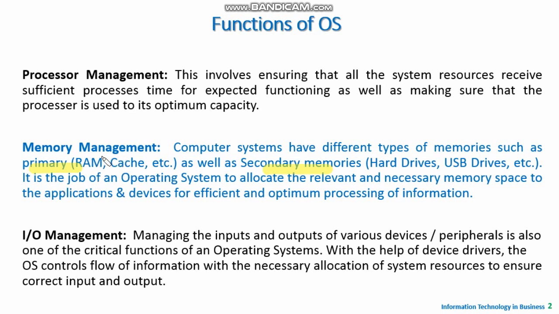Now it is the job of the operating system to manage and allocate this memory relevantly and as required, and also optimize its use for programs, users and devices using the operating system functions. And third is I/O management, that means input output management. We have seen there are different input output devices that are possible in a computer. So in order for the system to talk to an input device and an output device, there are different parameters required, so they need to transfer the data.